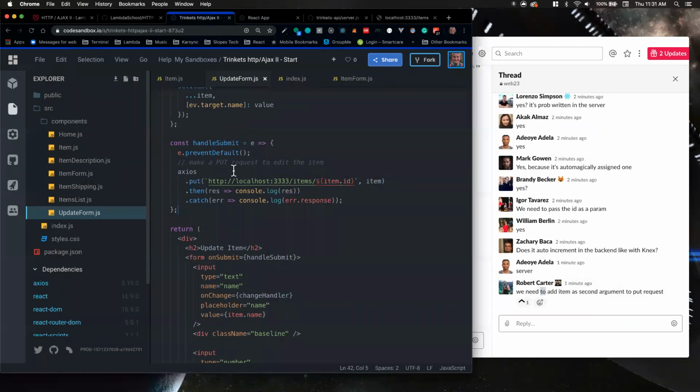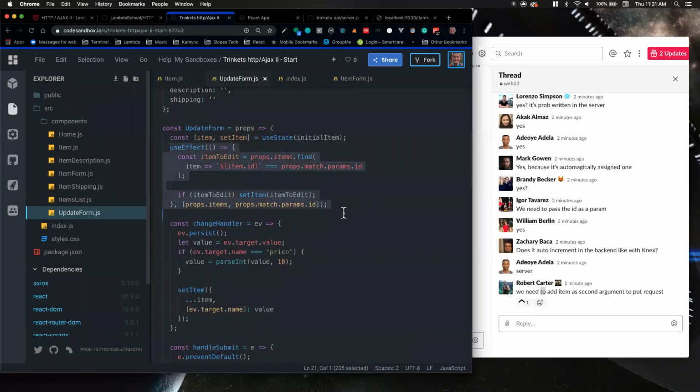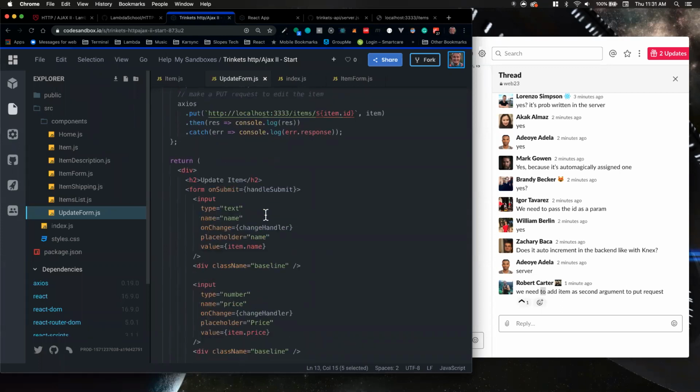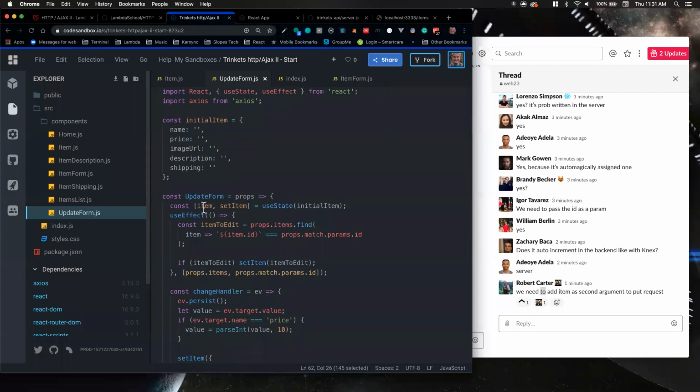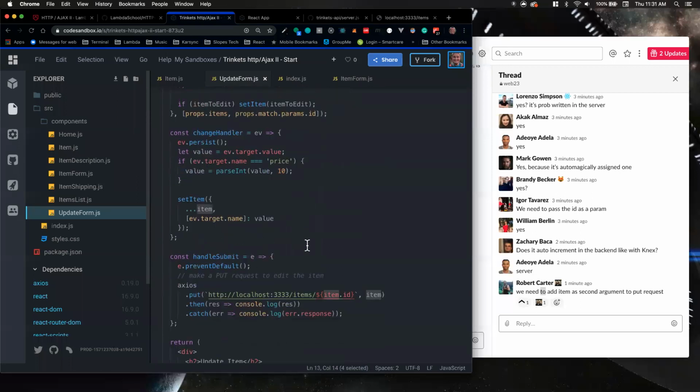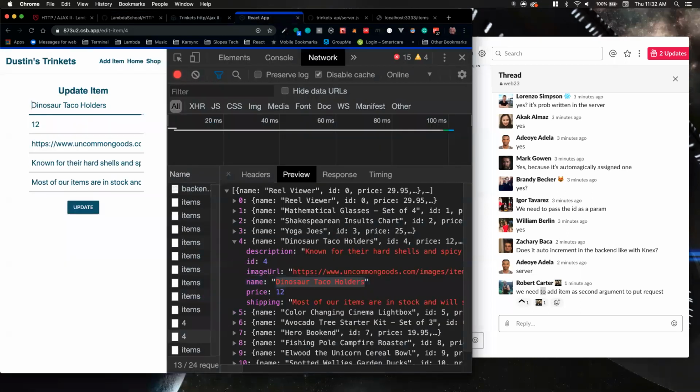Now let's think this through. When I go through this, I set my item. So the item we clicked on is populating the form. Now when I type into any of the fields, it's going to continue to update item. So the item that we're passing in here will have all of the edits that we want to pass down to the API. So for example, if I say coolest dinosaur taco holders,